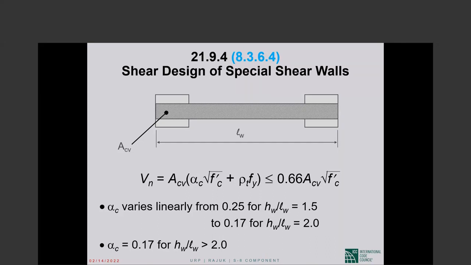ACI 318 says for walls with height to length ratio of 1.5 or less, the concrete can carry 3 square root of f sub c prime in our units. For walls with height to length ratio larger than or equal to 2, concrete can carry 2 square root of f sub c prime. Between height to length ratios of 1.5 and 2, we interpolate linearly between 3 square root of f sub c prime and 2 square root of f sub c prime. Okay, so that's the